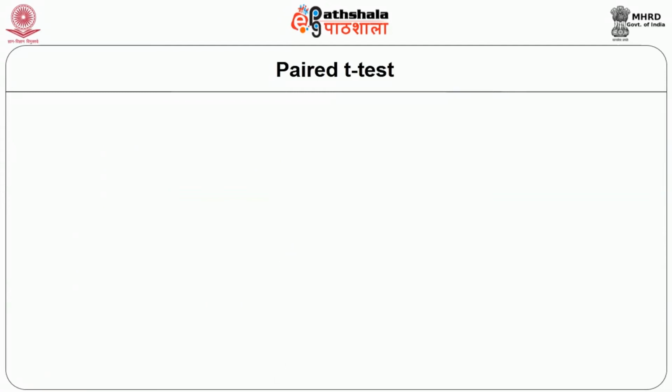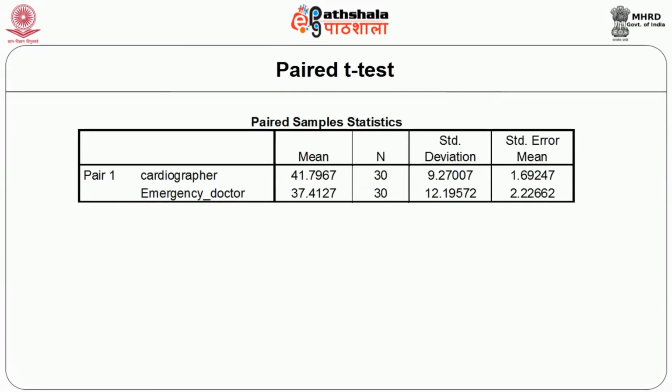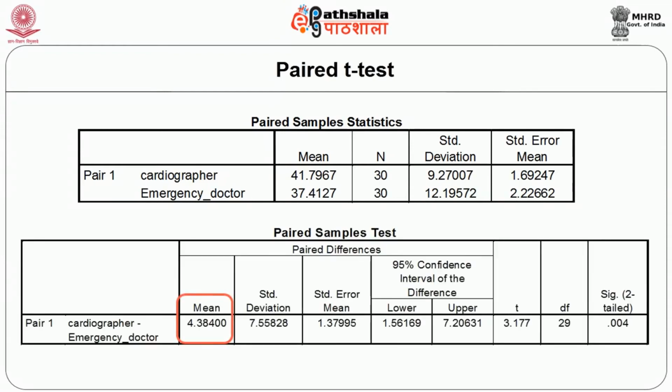Therefore, the conclusion is that on an average, the echocardiographers' estimates were higher by 4.4%. Whether this difference is significant or by chance, by using the formula of the paired t-test, we found, as given in the table, that the echocardiographer mean is 41.8 and the emergency doctor mean is 37.4, and the mean difference between these two is 4.4%, and using the t-test, the t value is